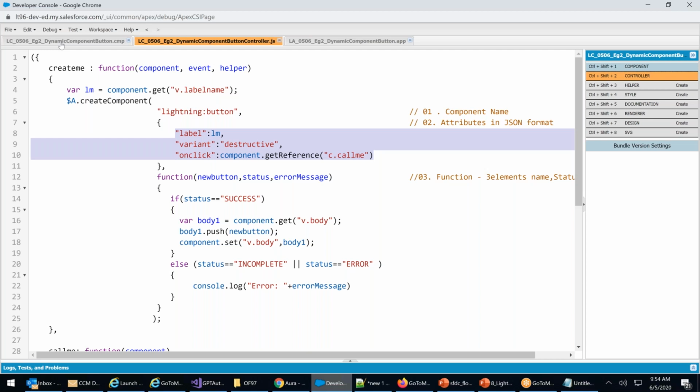Clear now? What is the purpose? Why is programming LDS required? Whenever you want to have custom logic behind a save button or a delete button, for example, you want to display a custom message. Can I do it by form LDS? No. Form LDS doesn't tell me that your account has been saved successfully. I want a message to be displayed. In that case, I have to go by programming LDS.